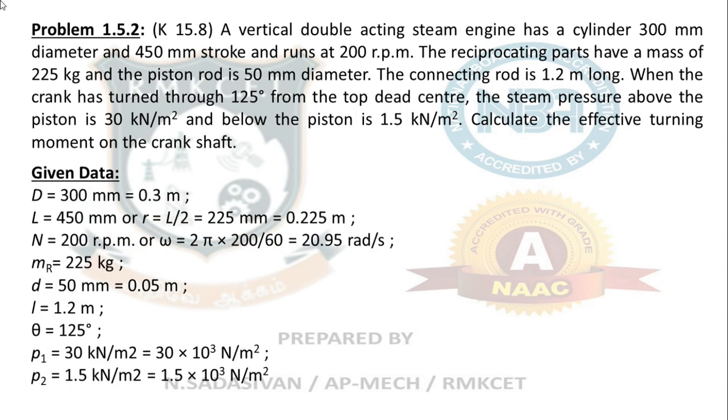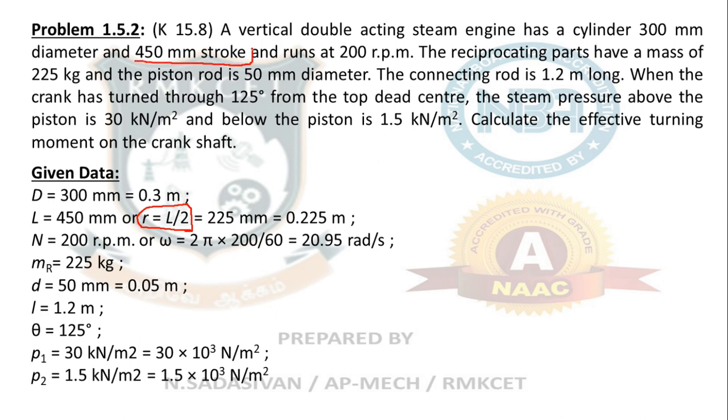Diameter of the engine, or the bore diameter, is 300 millimeter. Stroke length is 450 mm. So here you have to understand, since your crank radius is not given, it is conventional to consider that half of your stroke length will always be equal to your crank radius. It is a thumb rule that you can always take crank radius is equal to stroke length divided by 2. In case you can see the crank radius is not mentioned in the question, if you don't know the crank radius you cannot solve the problem. Therefore it is given indirectly to you.